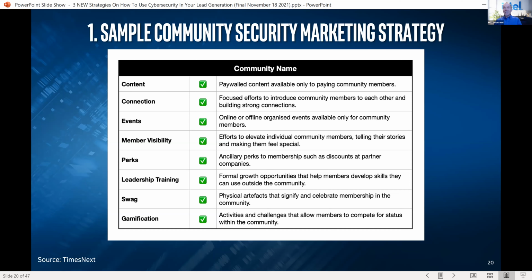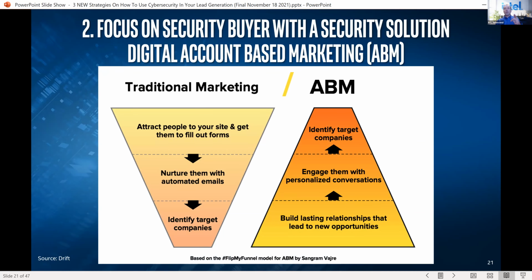So, setting up a strategy with an online community, and this is where some of this may be awkward. You haven't done this before. LinkedIn, I would tell you, if someone says, hey, what am I going to do? I'm going to say LinkedIn. Another strategy is a big one.